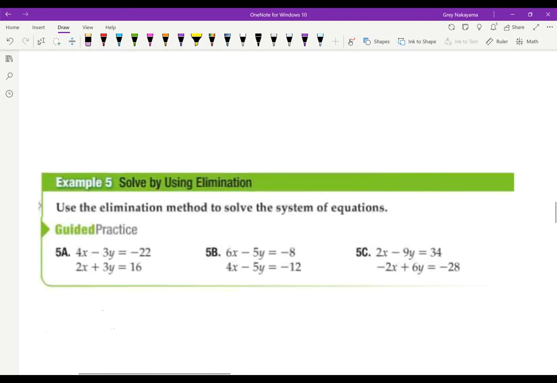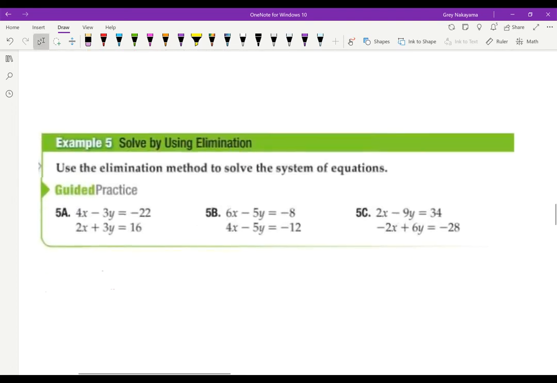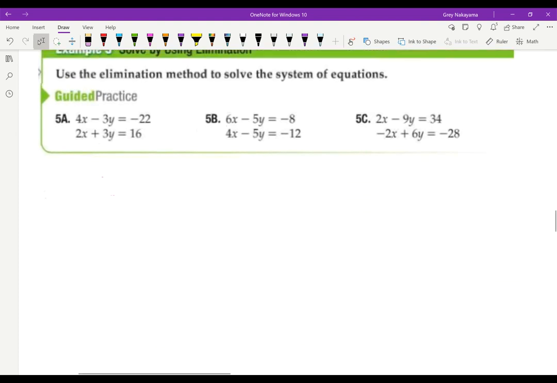All right, so in this example, I'm going to do 5b, and the main reason I did that, these were kind of easy examples. Those are already opposites, not much to do but add them together and they fall out. I look over here, again, add them together and they fall out. So here, I can't add them together. So technically what I'm doing is multiplying by -1 and adding them, but I just choose to subtract them. And I encourage you to put the parentheses around it because you need to remember